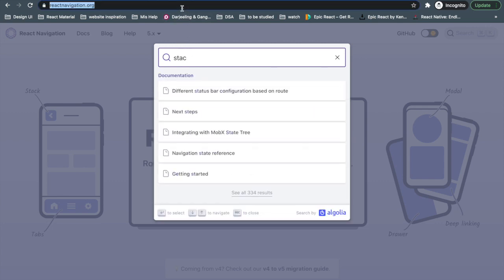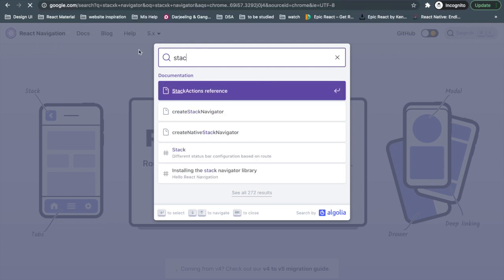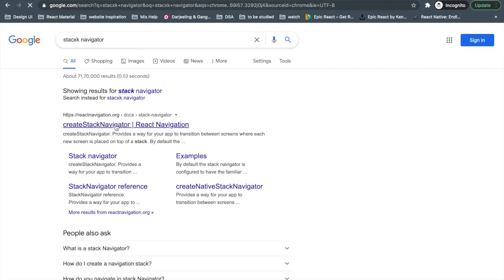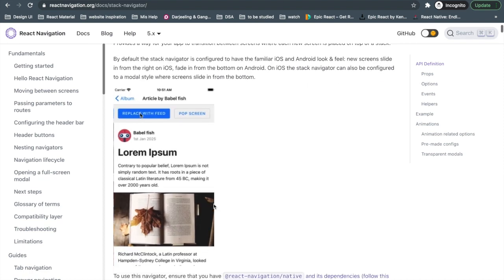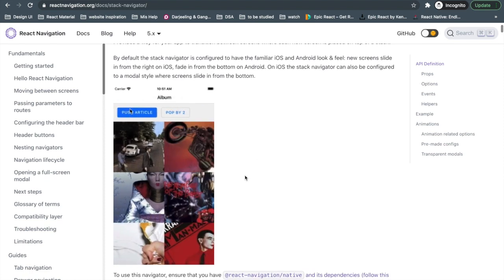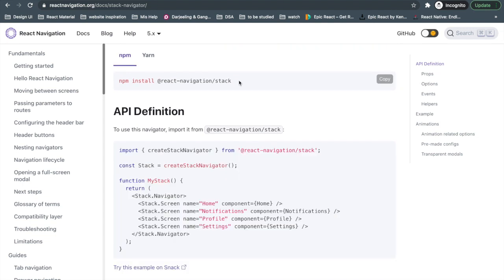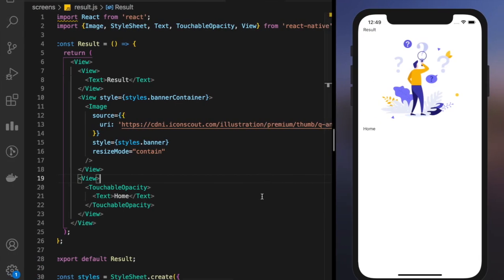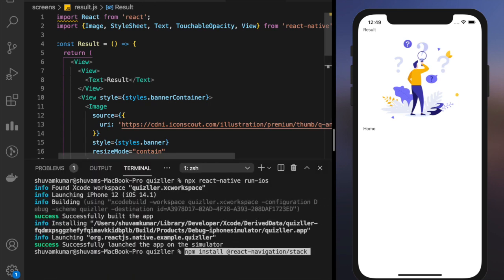Let me search for it directly here. Stack navigation is when you open a screen, it is pushed into a stack. You can read this documentation, it's really detailed and it's great. We have to install this. Coming here, let's open the terminal and let's install this.